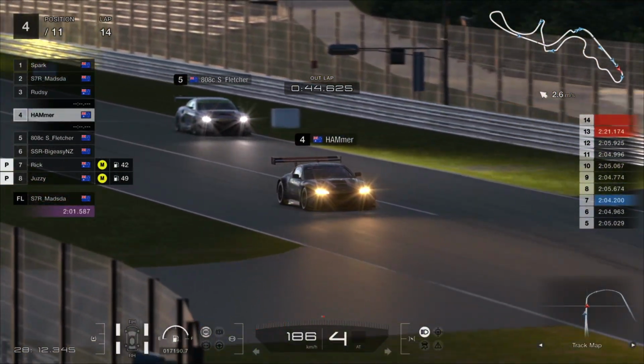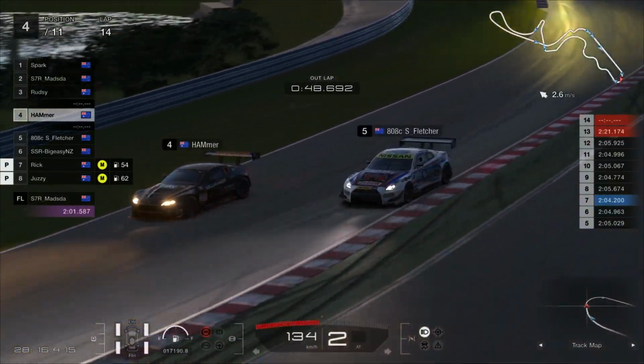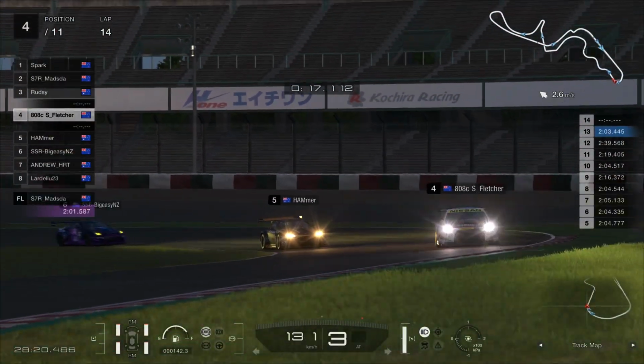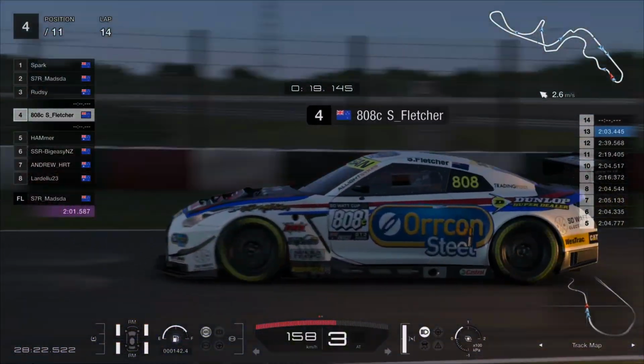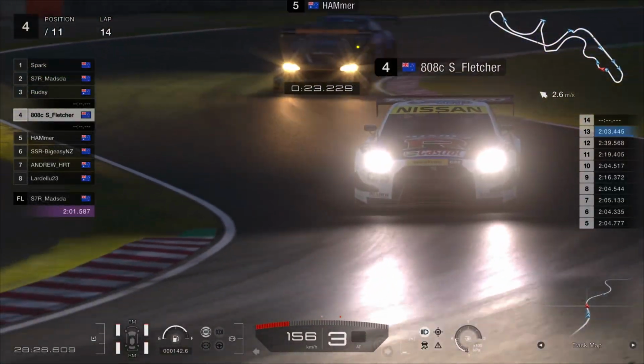Hammer coming out of the pits now, followed very closely by Fletcher. Okay, so Fletcher's tyres are warmed up. He gets around the outside of Hammer. Okay, what a move. Fletcher's on a bit of a run. Those mediums doing him well, making all of the available track there,